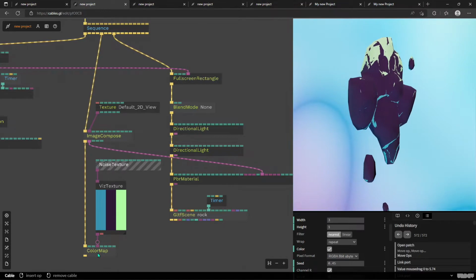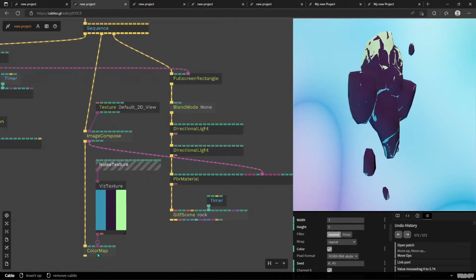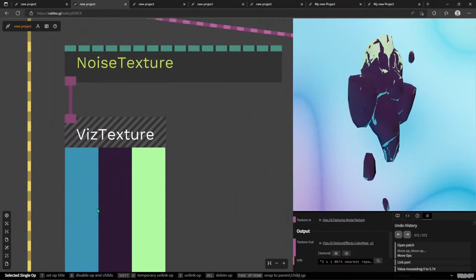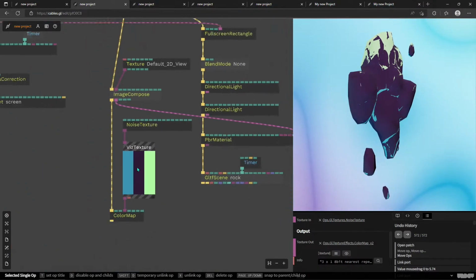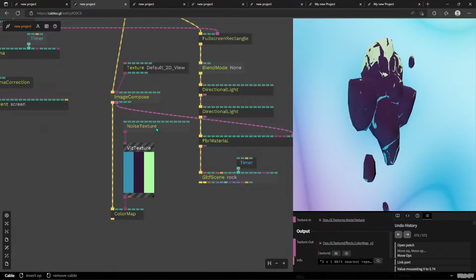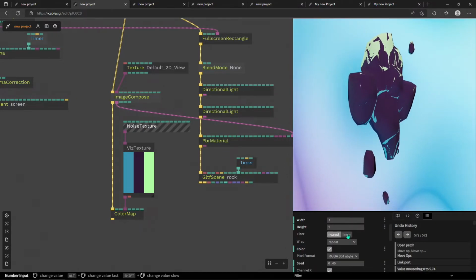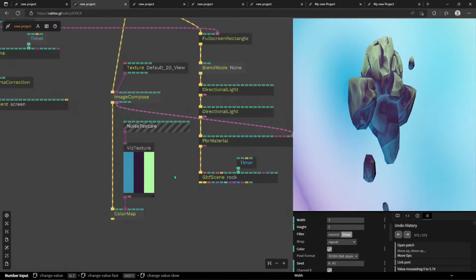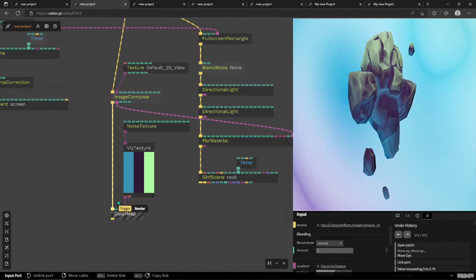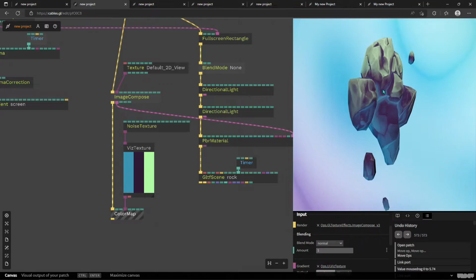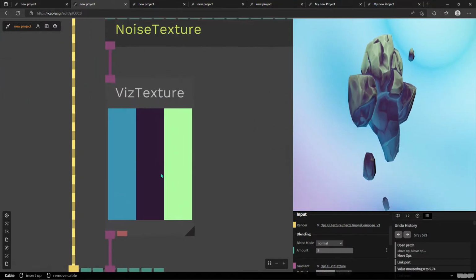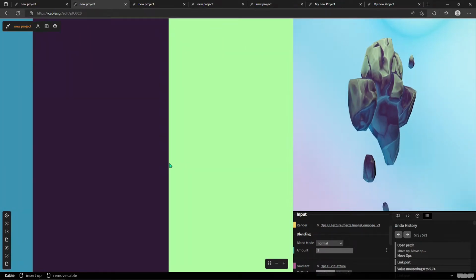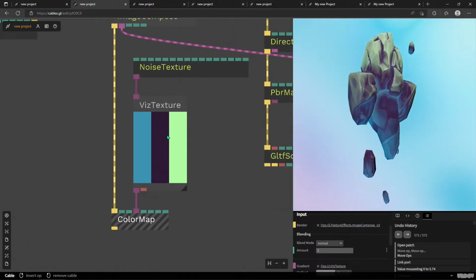It's almost thresholded into place by the color map, because our noise texture is really not blurred or anything like that. And when we turn on linear mode, the texture is now blended a bit, and then the color map has some values in between these. They're actually really hard to see. I'm amazed that the Viz texture isn't showing it, but